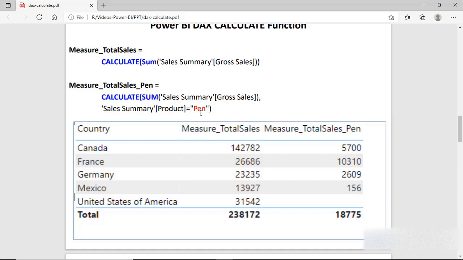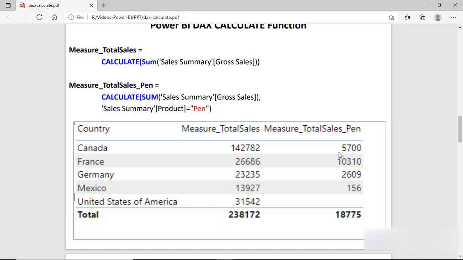So we are changing the filter context, because the measures always work in the filter context. So this time when you apply the filter or the condition, it means this will change the filter context. So we have the data for both measures. The first one, this is the figures, and this figure is for the second measure. In the second measure we have the condition, and we are taking the data only for the pen product. So accordingly the filter context is changing.